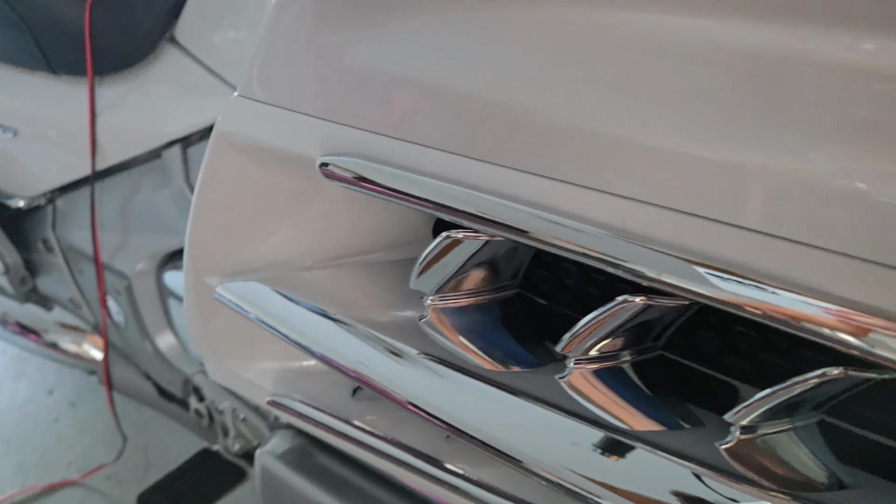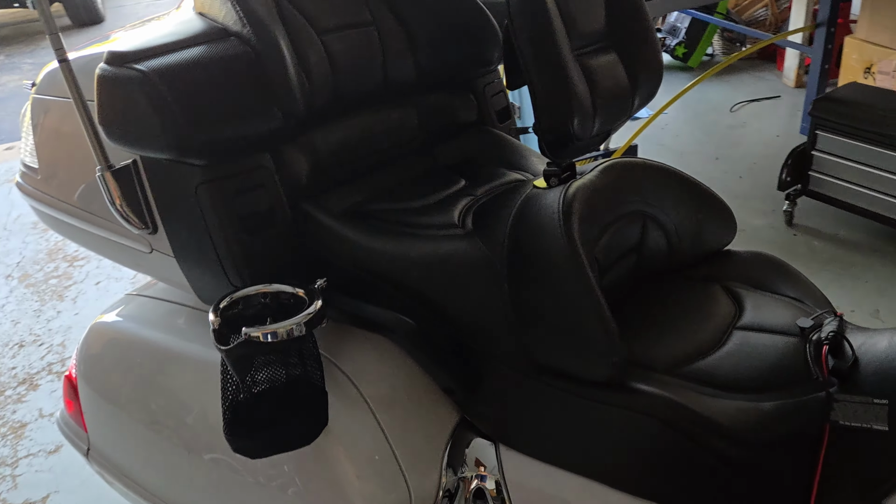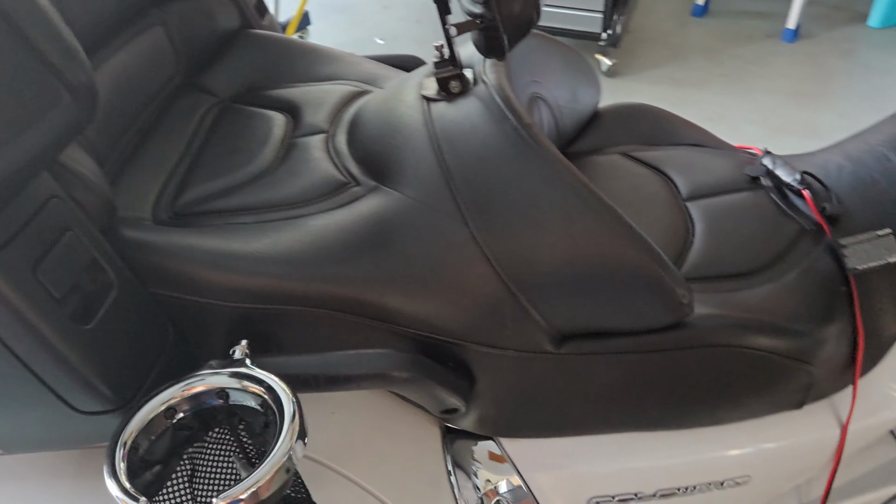Over here, I did those. Those look really nice. I like those. I did the cup holder. I actually just relocated it. I had it over here, and I realized, from a picture of another bike that I saw, that you can put it over there. I think I like it better that way because it's easier for the person to get on. Moving on,